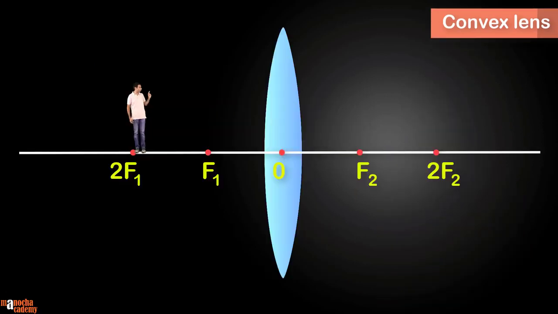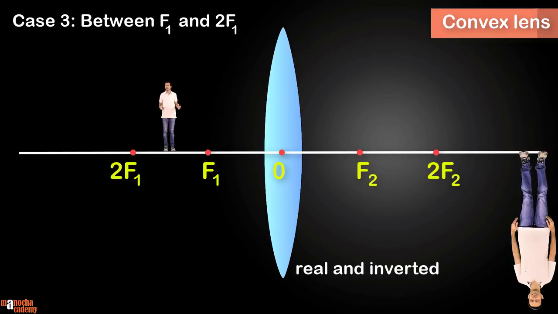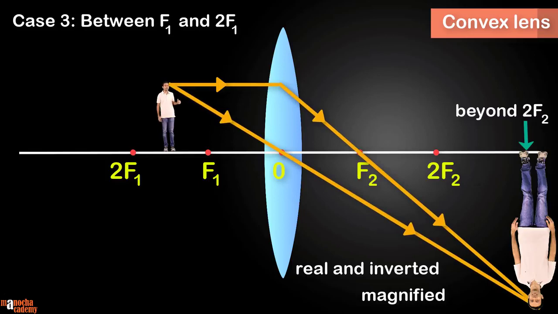Now I'm going to move closer to the lens. So we have our case 3 here, where the object is between f1 and 2f1. I would suggest you pause the video here, draw the ray diagram and try to find the image yourself. Also write down the properties of the image formed. So what's the nature of the image you got? That's right. The correct answer is it's a real and inverted image that's magnified. Here's the ray diagram, and as you can see, the position of the image is beyond